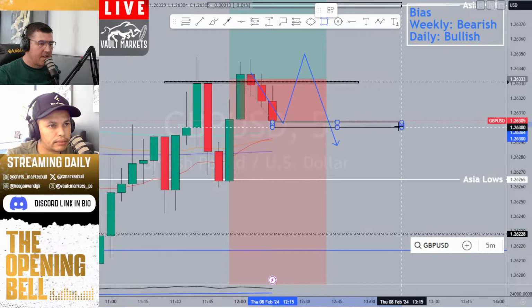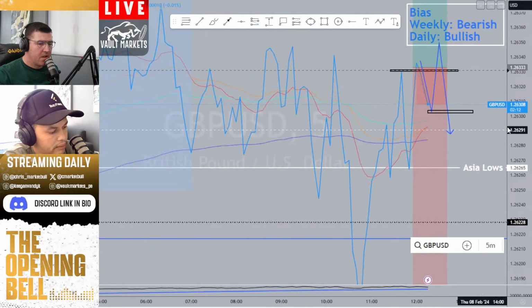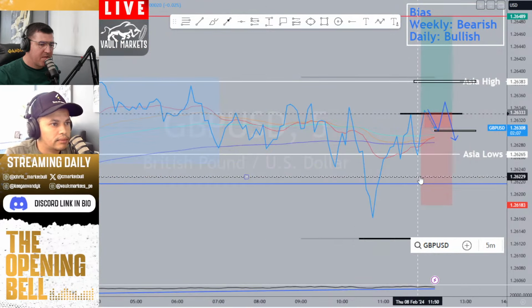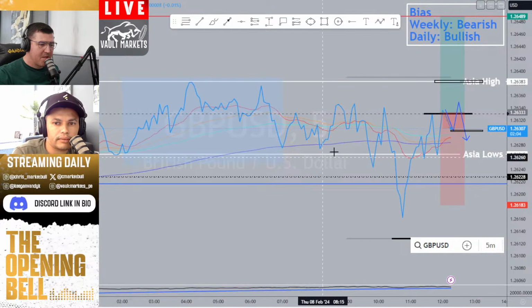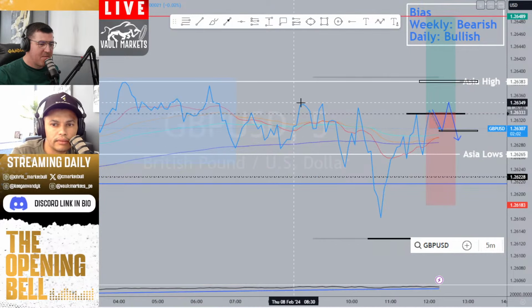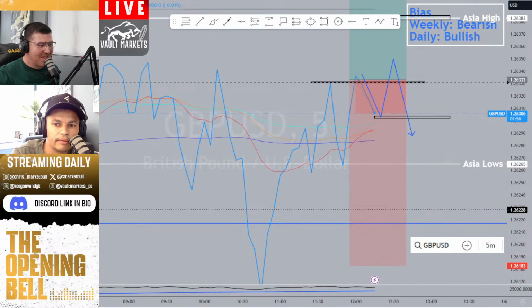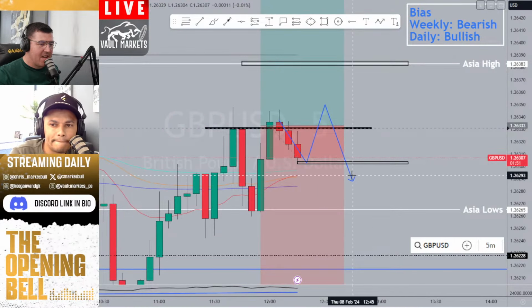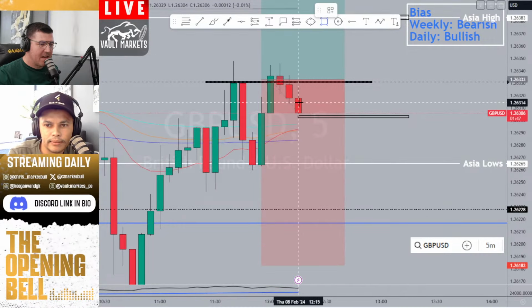Then it's shifting, but up until then, if you look on the line chart here, this is almost the perfect market maker buy model. Accumulation, manipulation, distribution, and now that distribution, in theory. But yeah, that's the only other way. And if we just go straight down something like this,